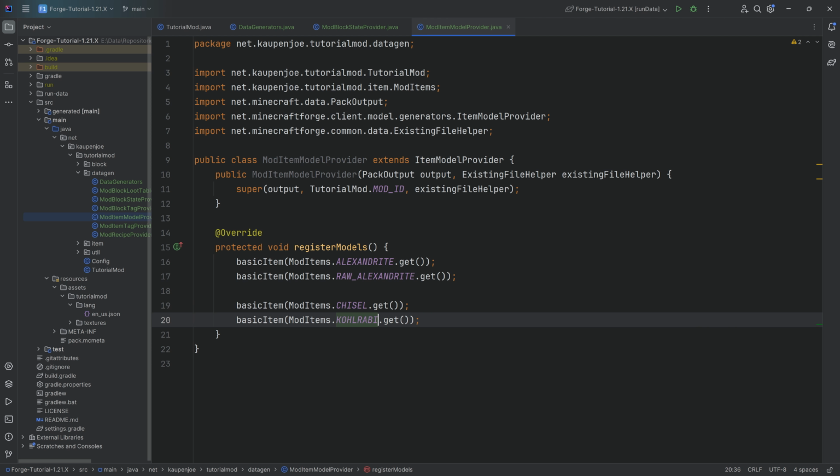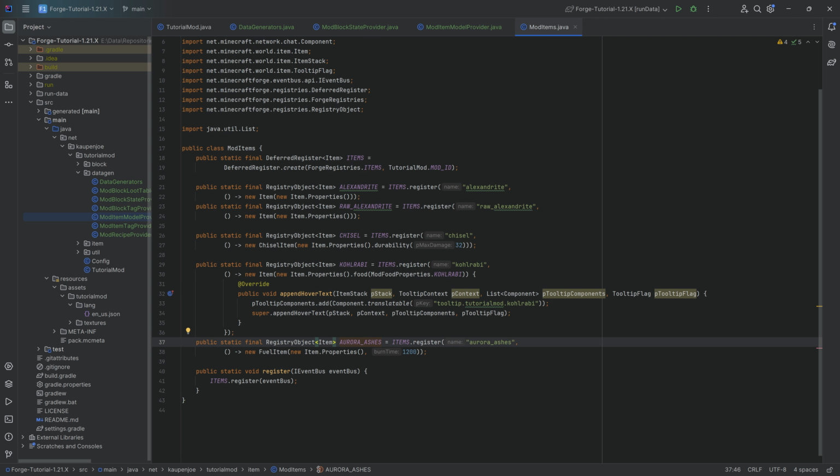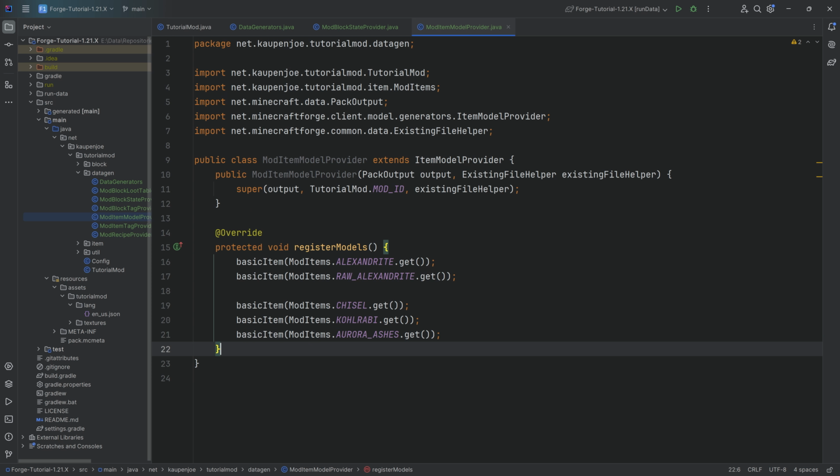Then we have the kohlrabi, and we also have the Aurora Ashes. Are those all that we have so far? This is indeed all of our items, and that's literally it. So in this case, very, very straightforward. Once again, we will see a couple of variants of this, a couple of helper methods in the future as well. But let's just see how we can actually add both the block state provider and the item model provider